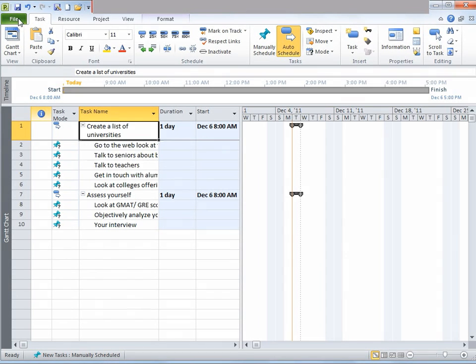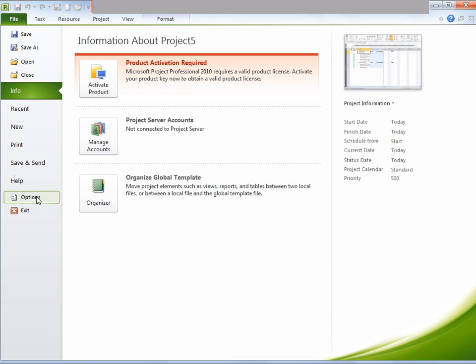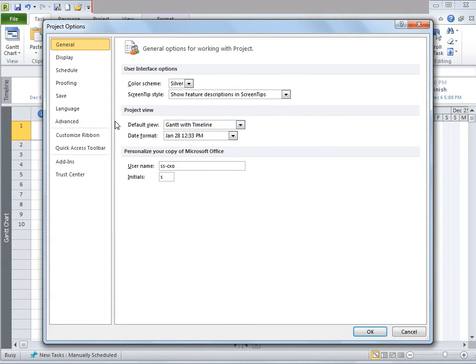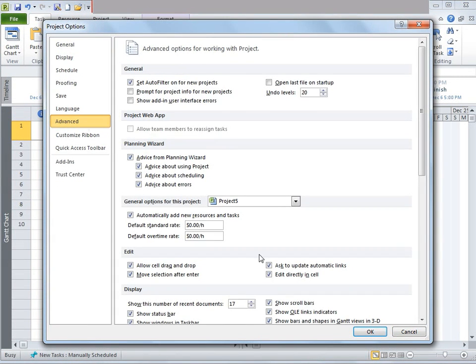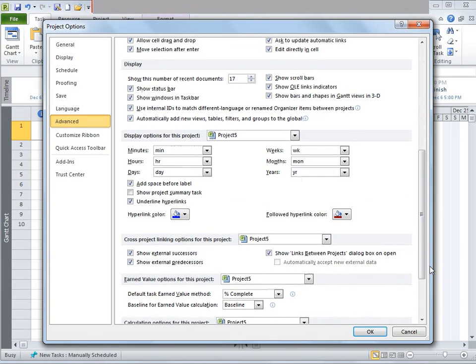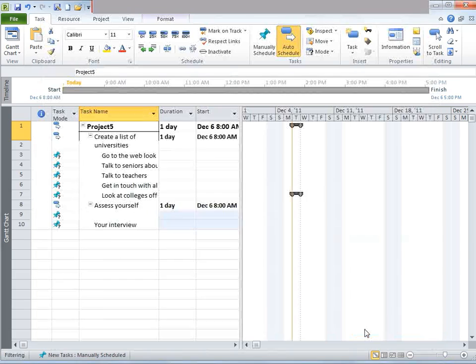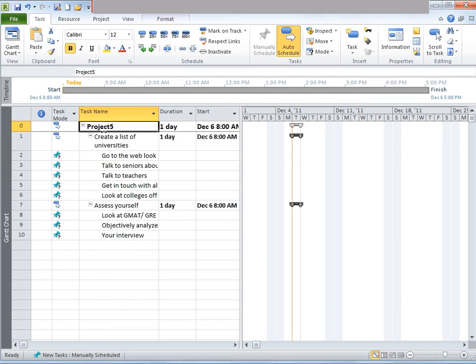Alright, notice that indenting and outdenting has been recognized by Microsoft Project, and summary tasks and subtasks have automatically been created. Let me just go to the File and Options menu. In that, let me go ahead and click on Advanced, and let me click on Show Project Summary Task so that you can see. And here I'm simply going to type in the name